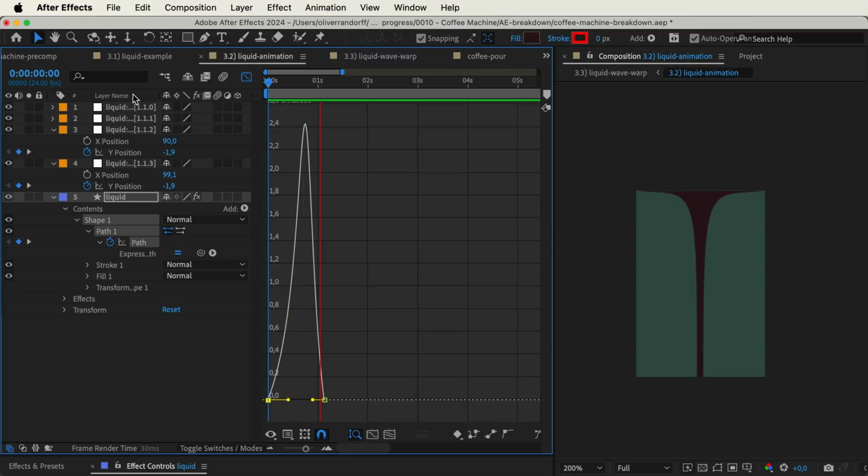So let's see what we can do with the easing. And right here, I think we found the perfect balance. The thing is that we have two different animations and they need to overlap perfectly because we are playing with both the position of these path points as well as the handles.